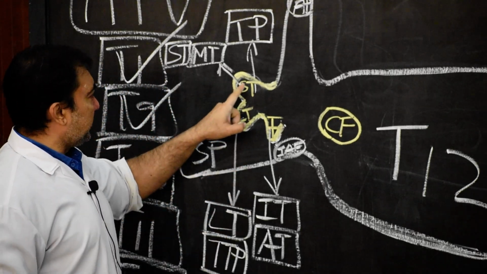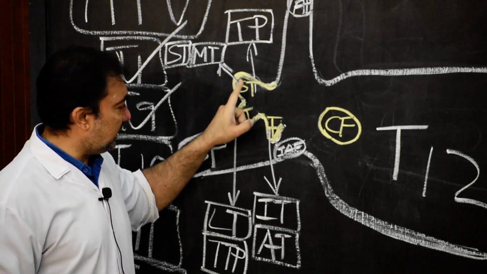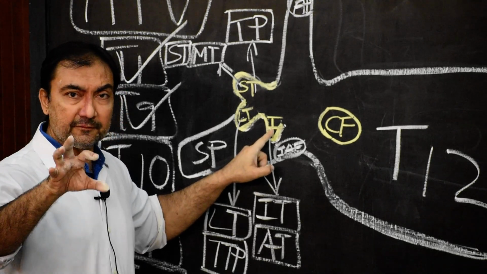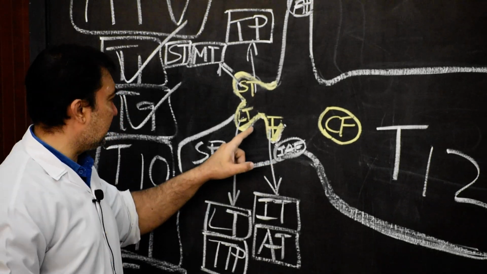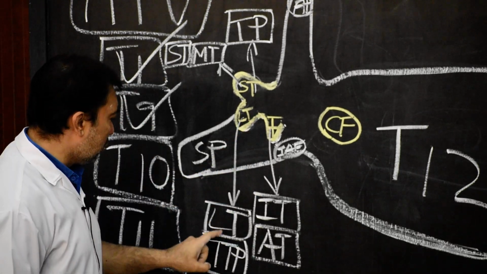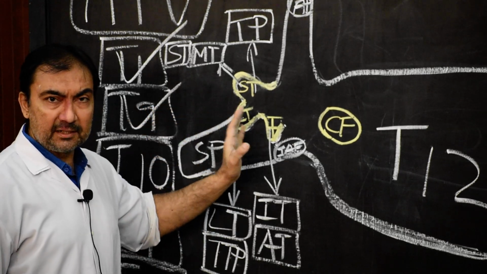Once again I repeat, the superior tubercle will represent the mammillary process of the lumbar vertebrae, morphological representation. The inferior tubercle will represent the accessory process of the lumbar vertebrae, morphological representation, and the lateral tubercle will represent the actual, that is the real, true transverse process of T12. This is feature number 2.